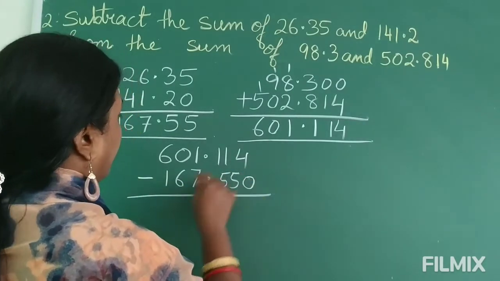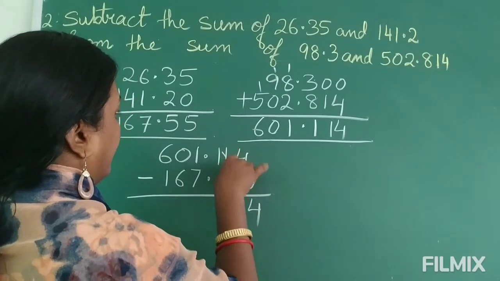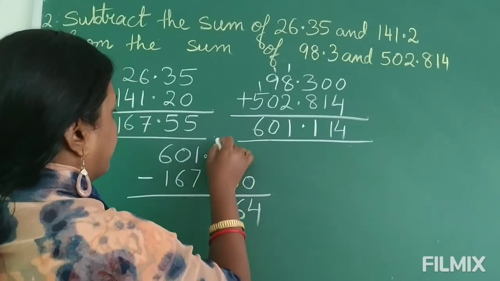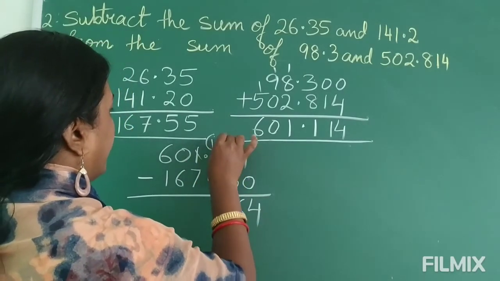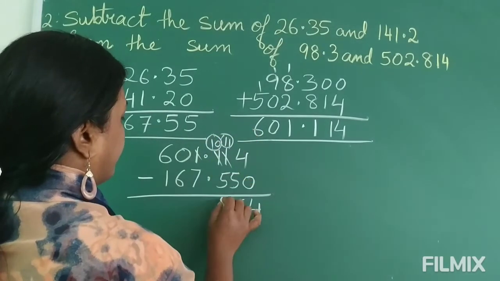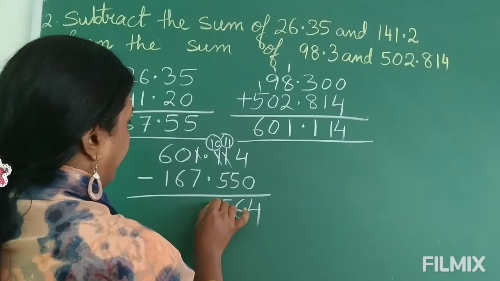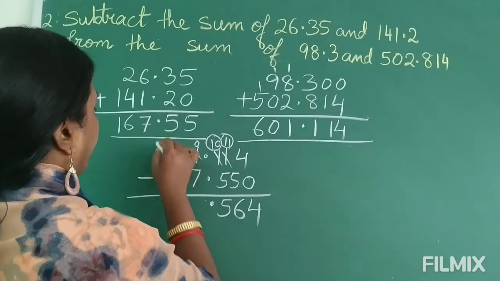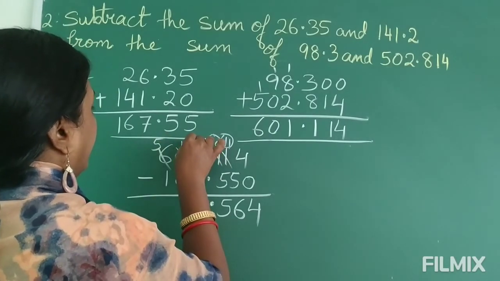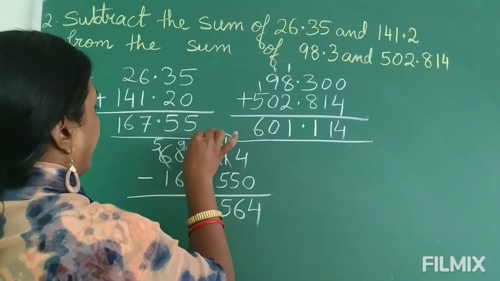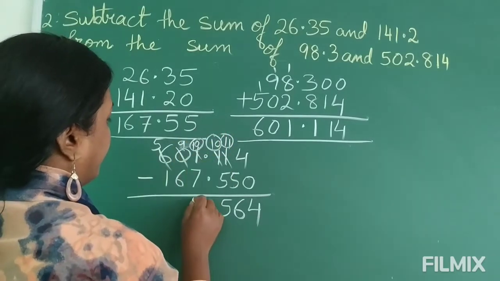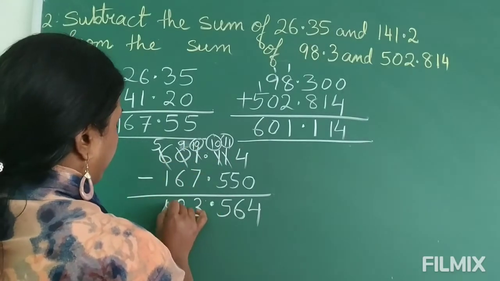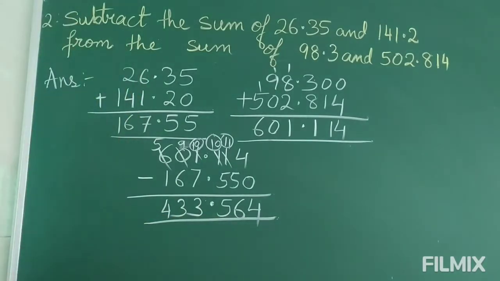Put a 0 here. 4 minus 0 is 4. Here we'll need a borrow. So you go for 11. 11 minus 5 is 6. Here it became 0 and 1 carried from here becomes 10. So we get 10 minus 5 is 5. Decimal points in a line. Here this becomes 0. Again you borrow from here. This is 5, this is 10, this becomes 9. 1. So we get 10 minus 7 is 3. 9 minus 6 is 3. 5 minus 1 is 4. So our subtraction is complete.